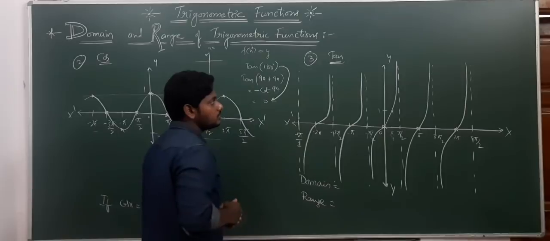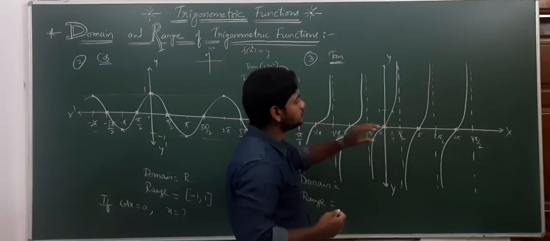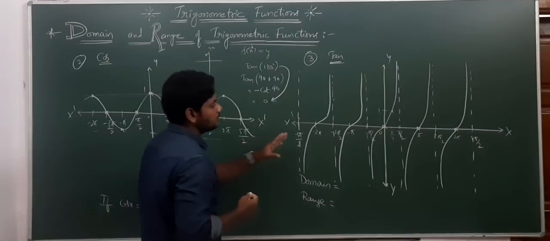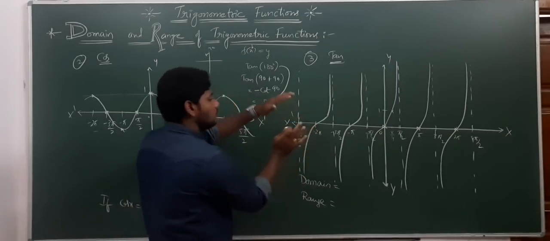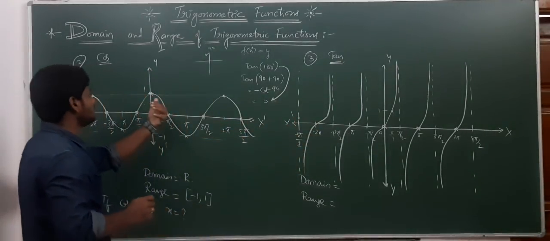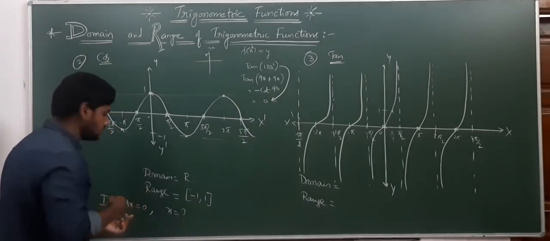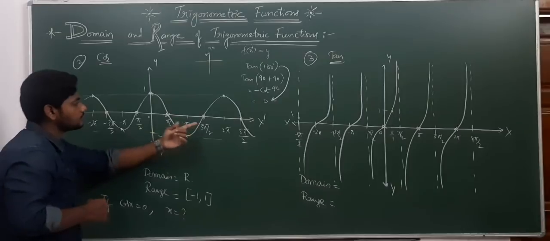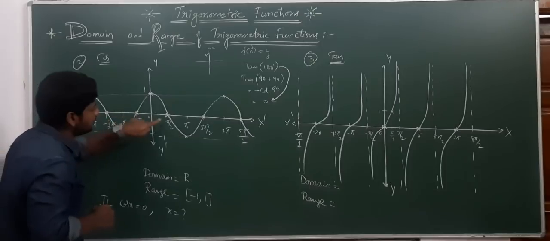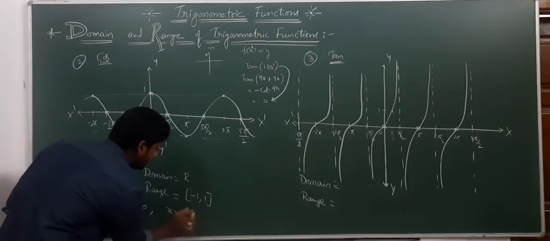By this graph, tell me what is the domain? Can we take any domain? No, we should not take any domain. Before telling this, to understand the domain of the tan function clearly, let us discuss the cos function again. Cos x equal to 0. See guys, observe where it is 0: minus 3 pi by 2, minus pi by 2, pi by 2, 3 pi by 2, 5 pi by 2. Cos x equals 0 for all of these.